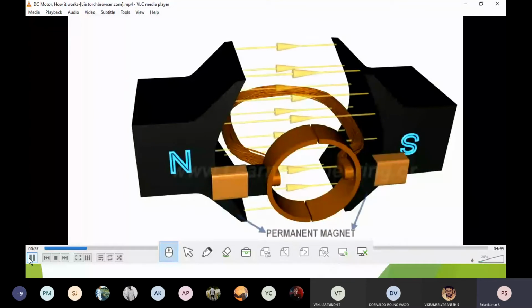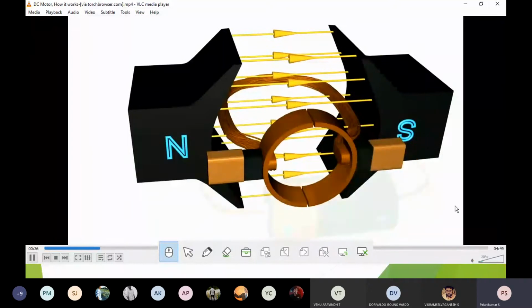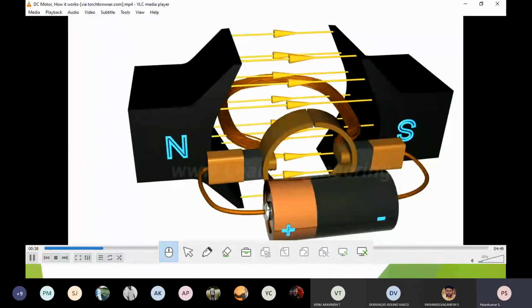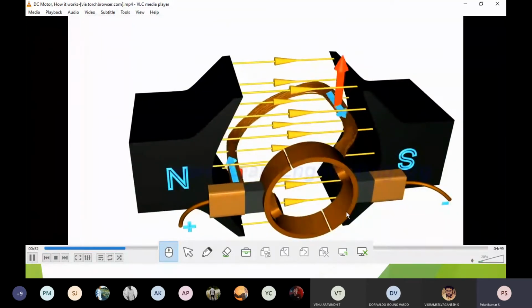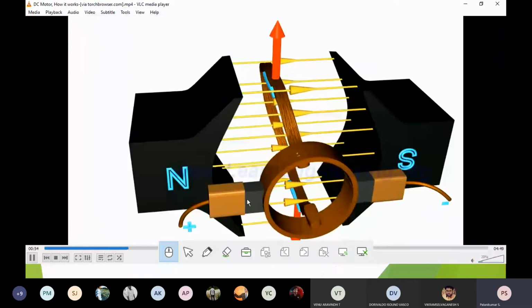Whenever it is given a supply, it is going to get energized from the external supply arrangement. Okay, so this is what we have seen now. In a different view, a different manner, it is exhibited. So automatically current will be going in this direction. Whenever it keeps on rotating, another side of the loop of the ring will be coming into exposure to that. Because of that, the current direction will now be reversed.